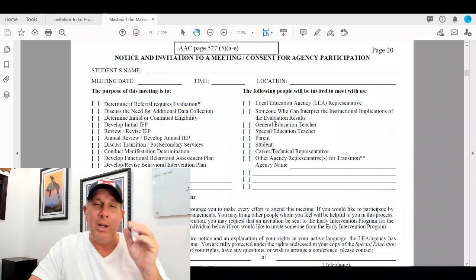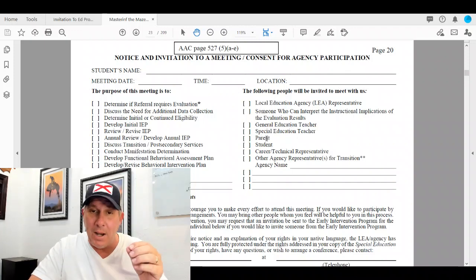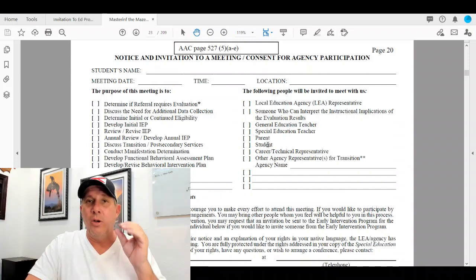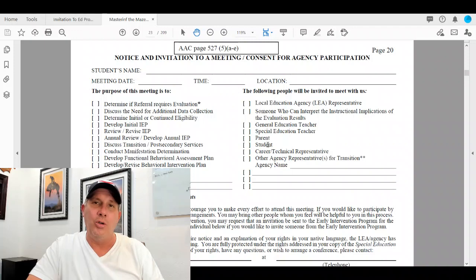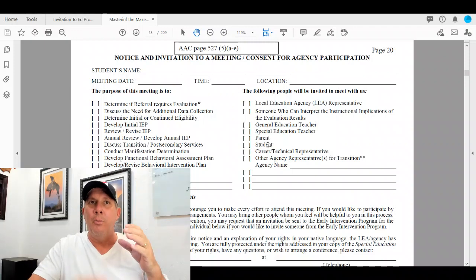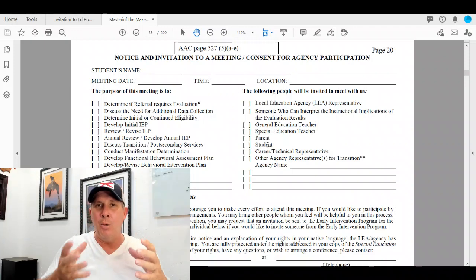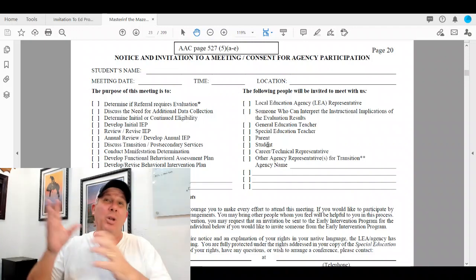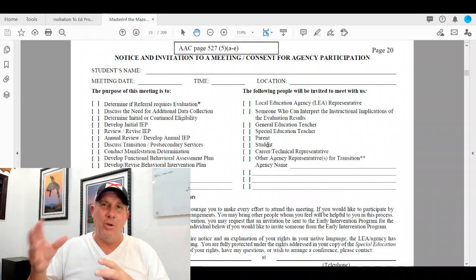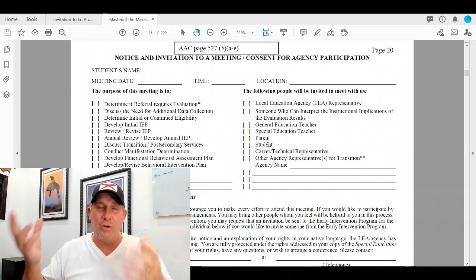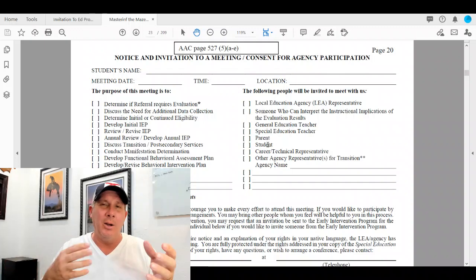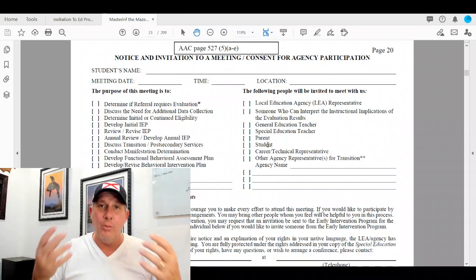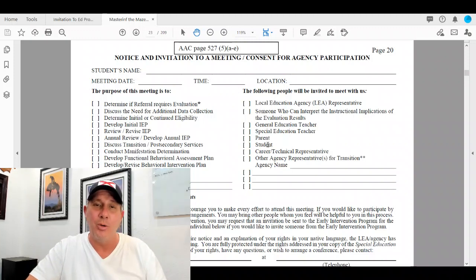The people that have to be there are the local education agent, the general ed teacher, the special ed teacher, the parent, sometimes the student, and especially when the rights transfer to the student. But at the same time, everybody needs to use their reason as to the portions of the meeting that would prove beneficial for the student's involvement. Make it positive and then release them to go back to class before you start getting into, let's say, the deficits or some of the issues. I don't think it's appropriate for kids to listen to adult conversations about some of their deficits.